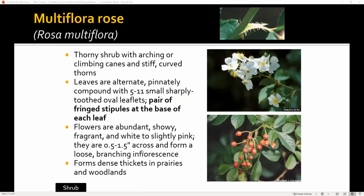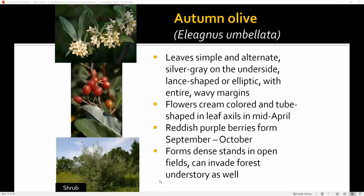Ellen, we have a question from Nicole. Yes. Does autumn olive have little spots under the leaves when it buds out? And is it budding out now? Good question, Nicole. Yes,